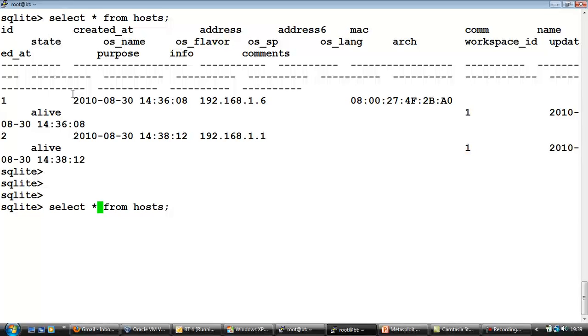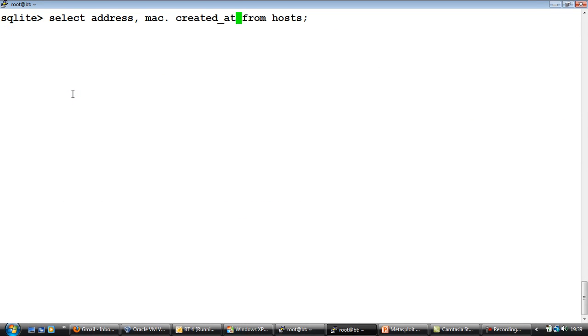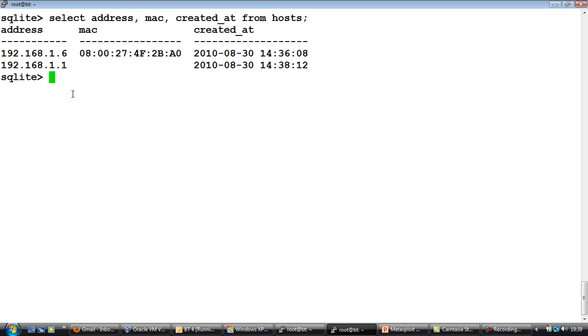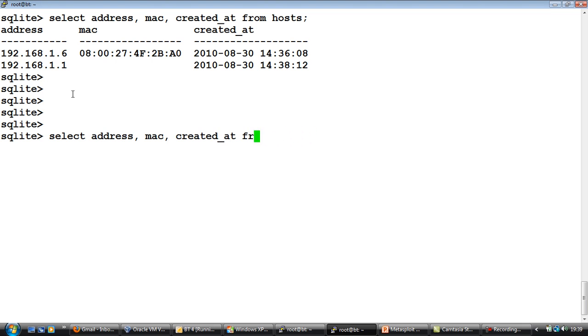Once again, it's a bit cluttered because there are too many values. I am just interested in the address, and probably the MAC address and the created at field. Great. Awesome. Similarly, we can go ahead and look at the services